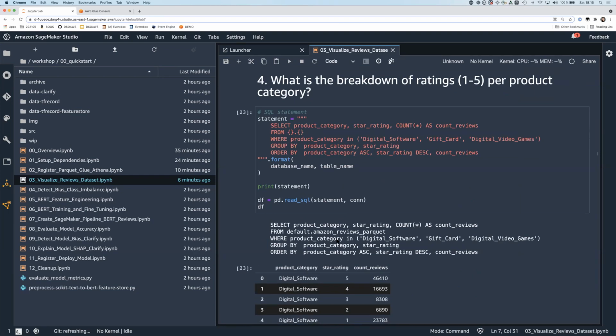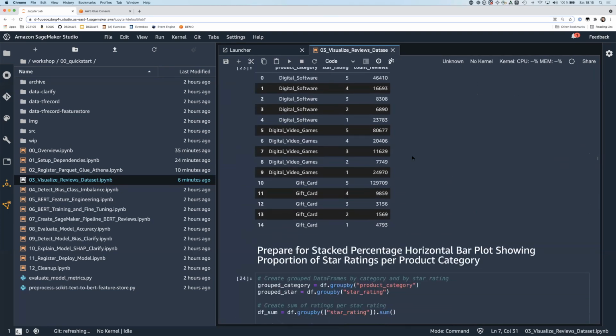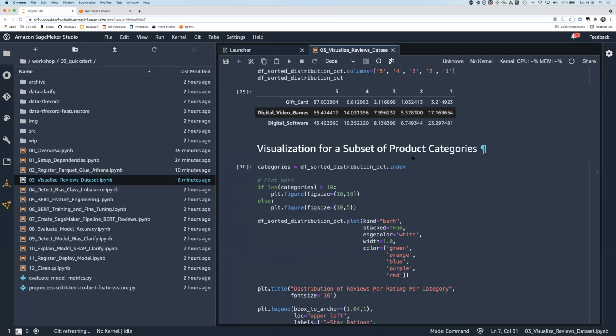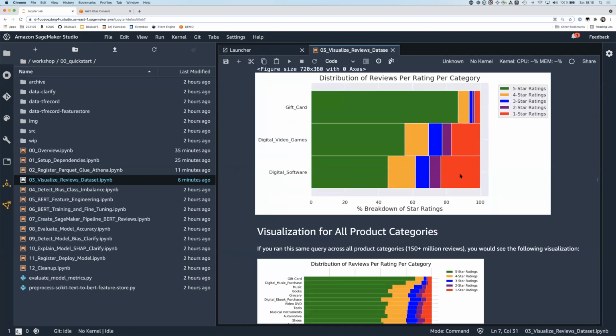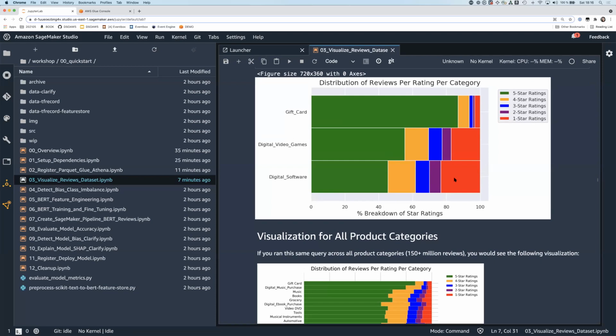All right, you can do breakdowns of ratings, for example, per product category. And I'm just going straight to the visualization here. It's a lot of code, but this one here is kind of an interesting one. So here you can see the distributions. The green here is the distribution of 5-star ratings. The yellow is the 4-star ratings, and so on. And red is the 1-star rating. And you can use that information for a baseline to detect how the distribution of those labels should look like,